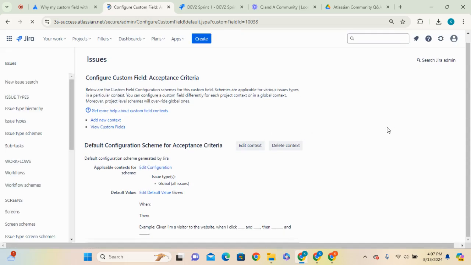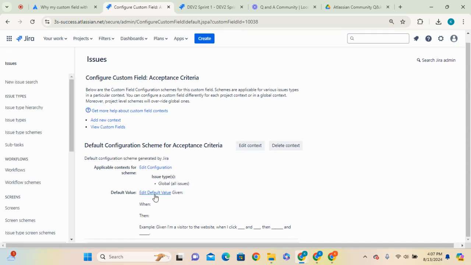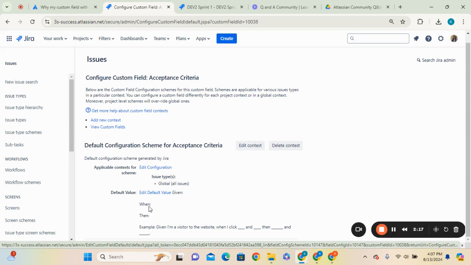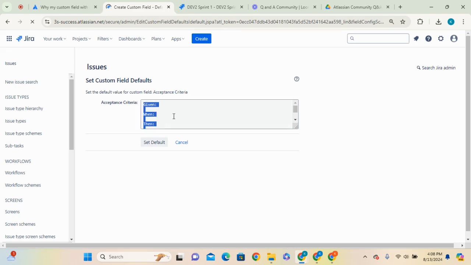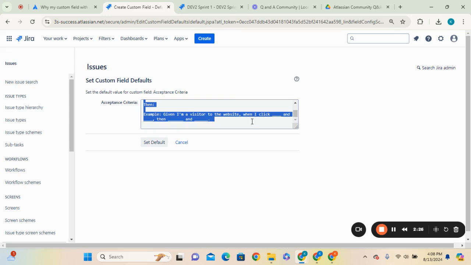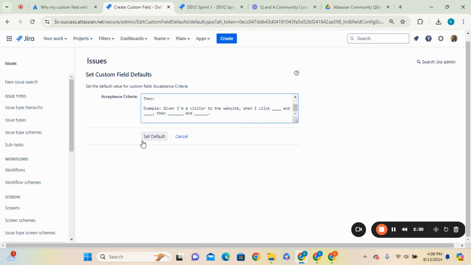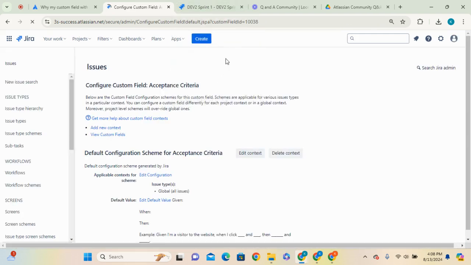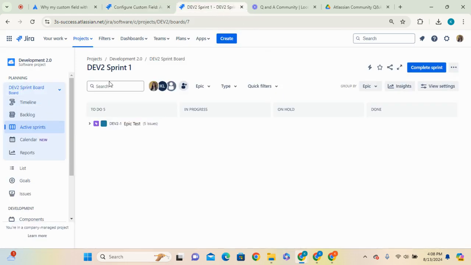Here you can see that for acceptance criteria, I already have a default value entered here. My default value is given, when, and then, and an example. So given I'm a visitor to a website, when I click blank and blank, then blank and blank happens. So this is currently what my default is set to. So let's go ahead and go to the project that uses this custom field,